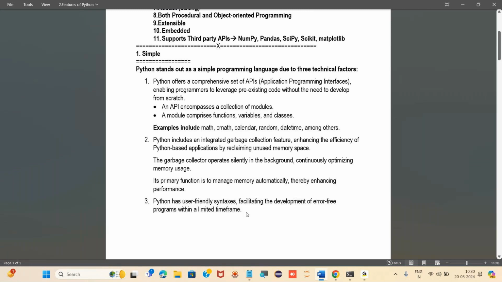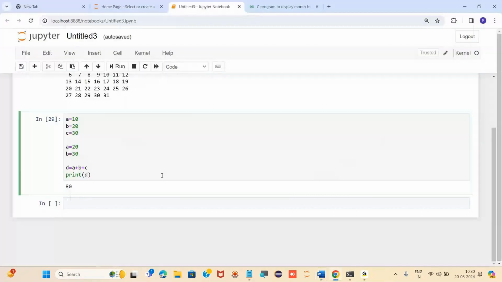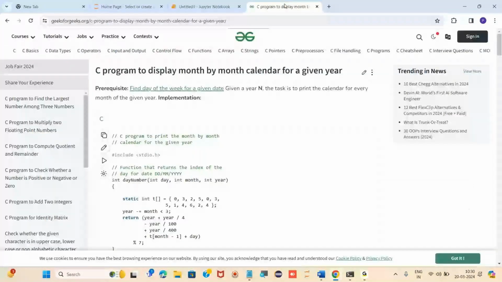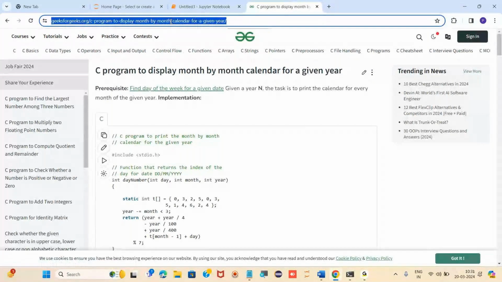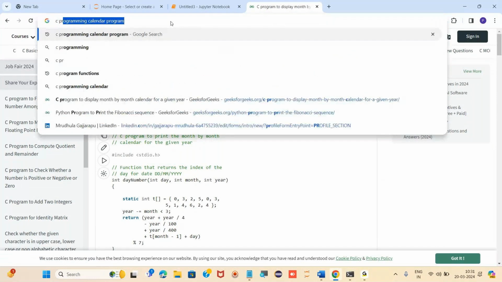Why does it have user friendly syntax, why is it known as simple? Other programming languages we'll see, let's suppose C programming, one by one.